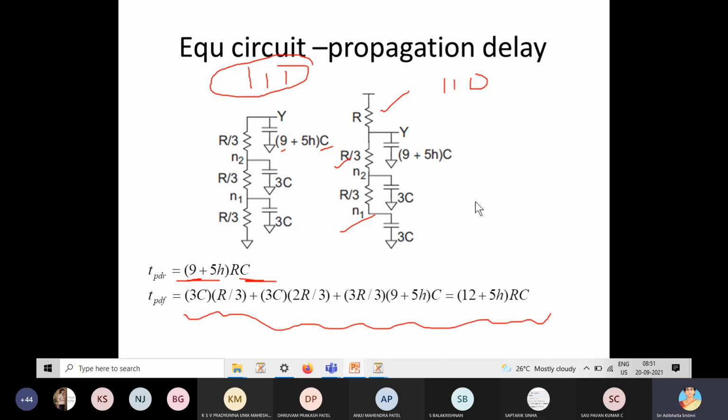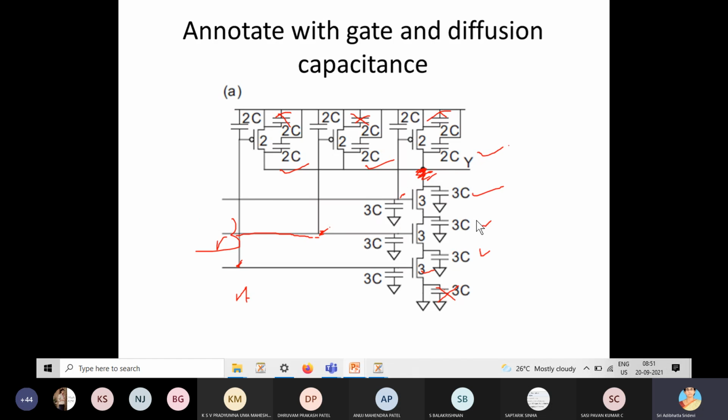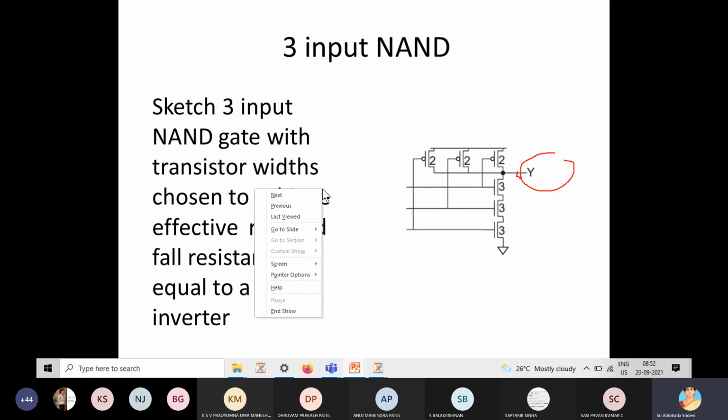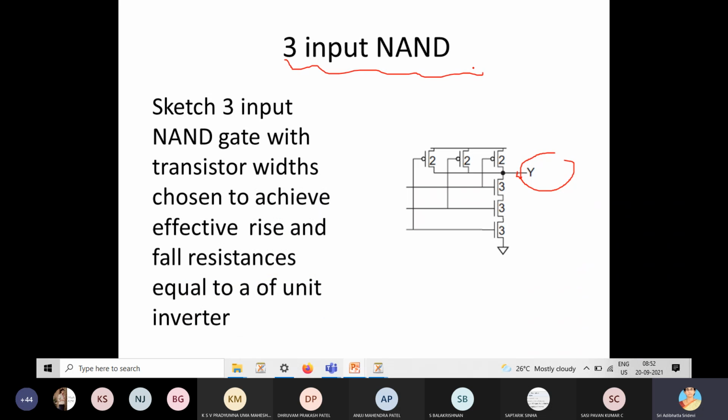Once again, I'll just give you a quick recap. First of all, whenever somebody asks you to find out the delay involved in a 3-input NAND gate, we have to check whether they are asking only the 3-input NAND gate delay or there is a load for the 3-input NAND gate. First, that clarity we should get. Initially, there is no load, let us think. It's a 3-input NAND gate. Then you have to first draw the circuit, then give the sizing, because sizing changes your capacitance,